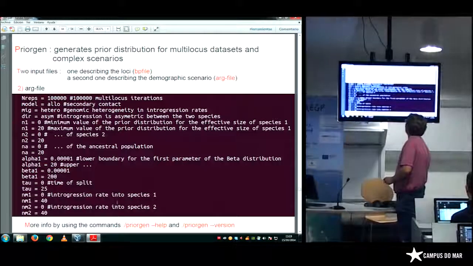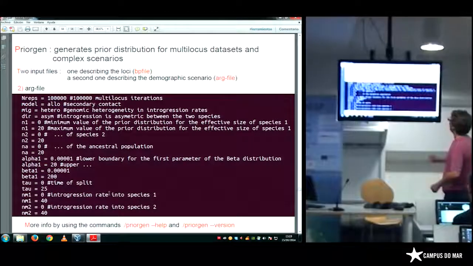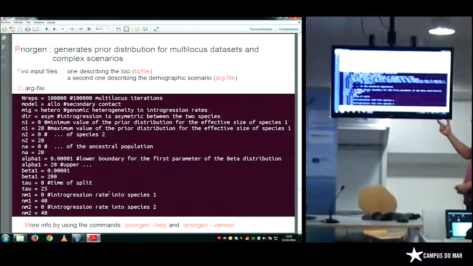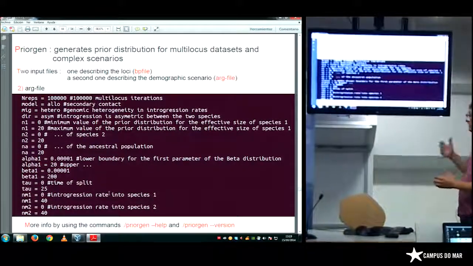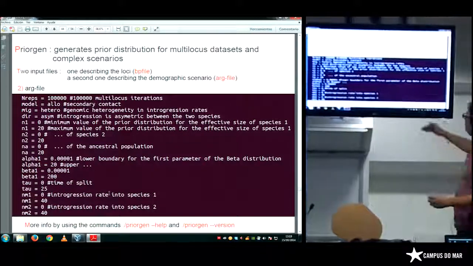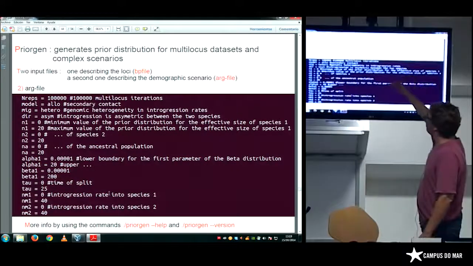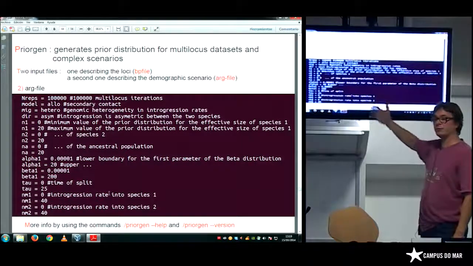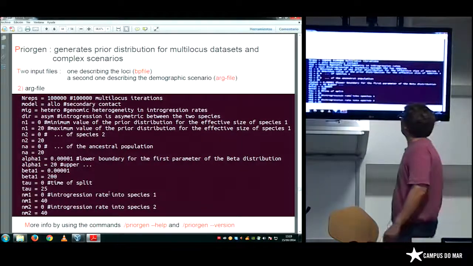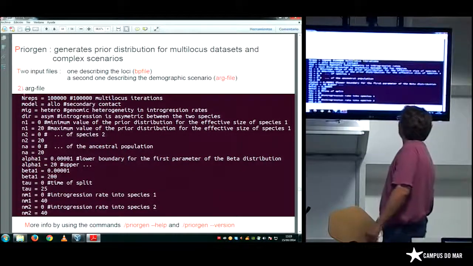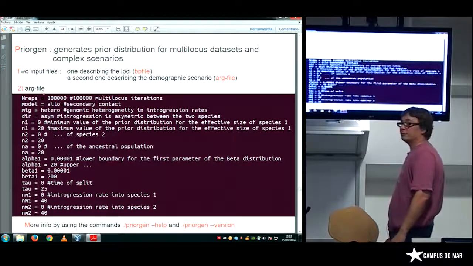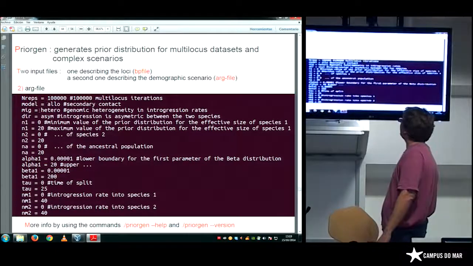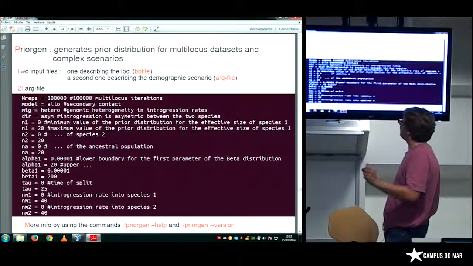And the other argument file is called the arg file. You enter all the characteristics of your model. So the number of replicates you do, the number of simulations, the model chosen, the type of migration.